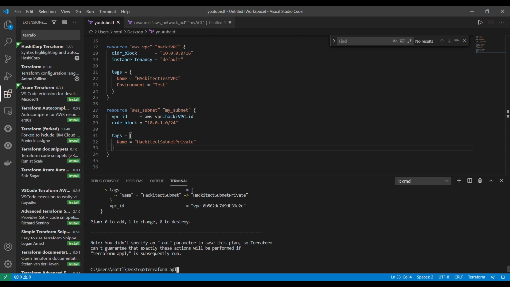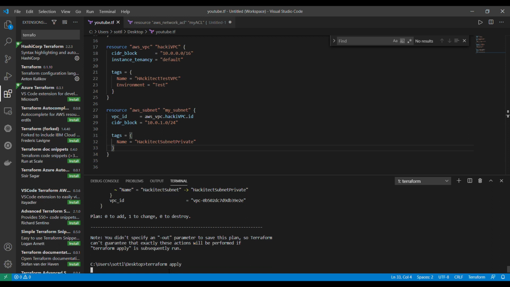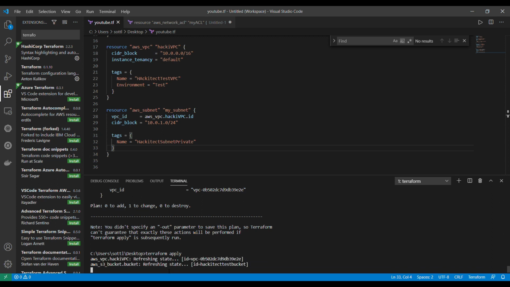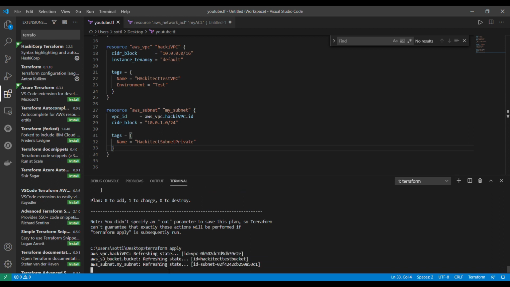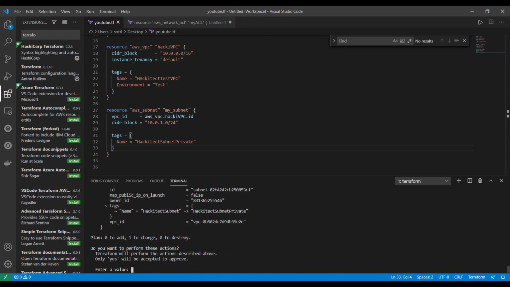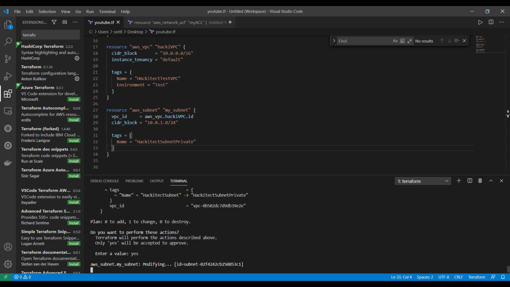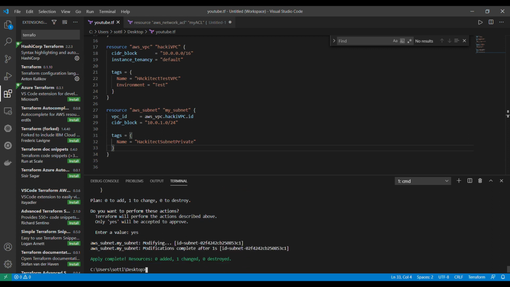So okay, apply, which is basically deployment of the changes. In some platforms the deploy is the keyword. In this case it's apply, and you see one change will be added. I need to confirm that, enter the value yes, and you see here my subnet is modified, modification complete in 1 second, and 1 resource is changed. That's really nice, it works well, it's very good. But I want to add, for example, new resource. I want to add something really new, and then I will show you how it is reflected in AWS.